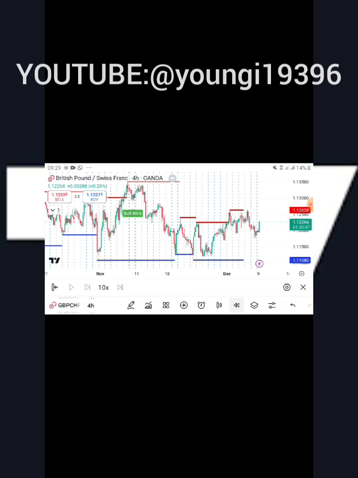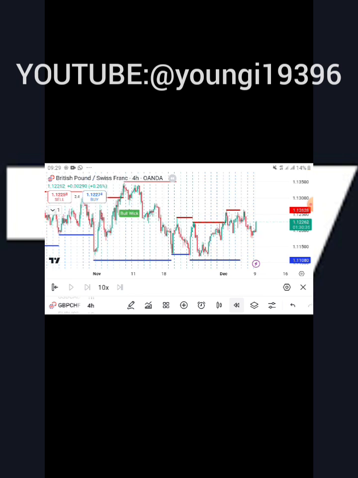So when you subscribe, you can use this replay tab. What this replay tab helps you do is delete candlesticks and replay them, and see how candlesticks played out when you were not there. You can just delete a particular candlestick and replay it. But because I'm on the free version, I will not be able to use